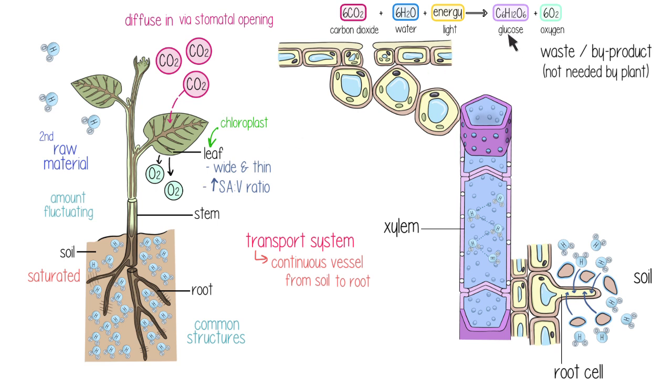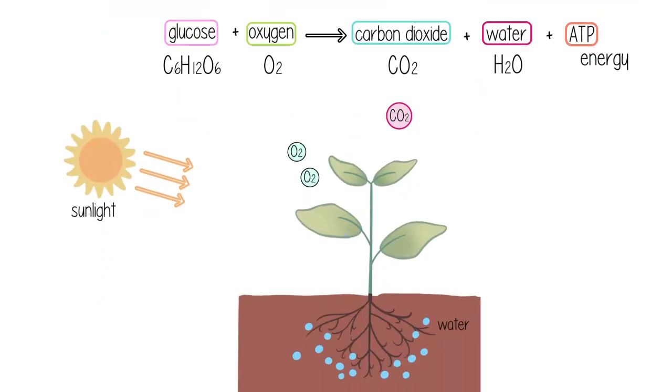Glucose, on the other hand, is considered the primary product of photosynthesis, and this needs to be carried from the chloroplast-rich cells to the cells that are very metabolically active or require glucose to actually respire and produce energy. This energy is produced in the form of ATP during the process of respiration. Respiration is essentially the opposite of photosynthesis. It takes a molecule of glucose that was produced during photosynthesis and oxidizes it using oxygen to produce energy in the form of ATP and waste products that are carbon dioxide and water.